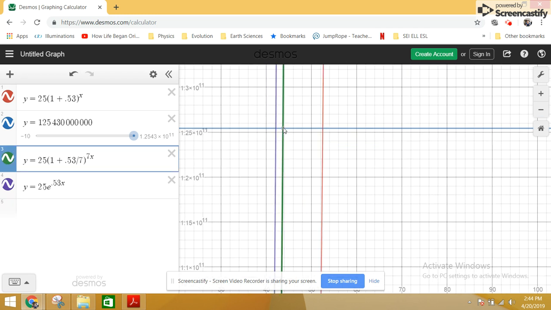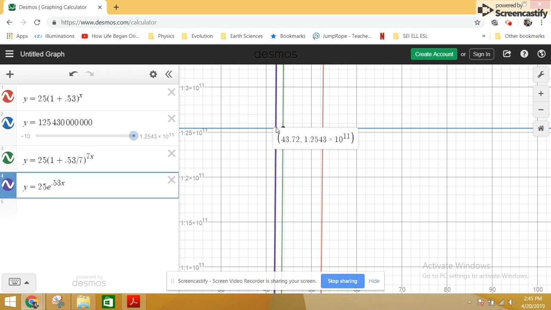Okay, we'll zoom in a bit more. So the last one was 43.72. Now we're at 42.14, so a little more than a week shorter time. So now we go back. So we got 42.144 weeks. I'm going to round that to 42.1 weeks to get to 125,430,000,000